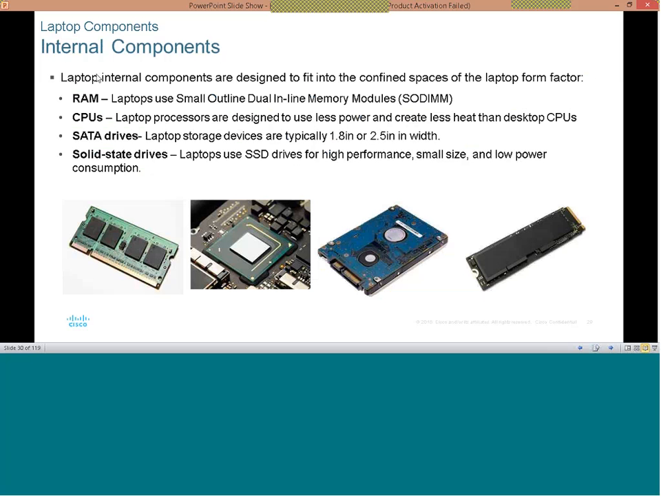So you could see the internal components of a typical laptop, from the RAM, CPU, SATA drives, and solid-state drives. So you can see the RAM. You can see this is SODIMM, which is small outline dual inline memory modules. And this same kind of RAM is what is used in some printers. Some of these network printers actually use the same kind of RAM that you have in a laptop in terms of the categorization of SODIMM. And then you can see the